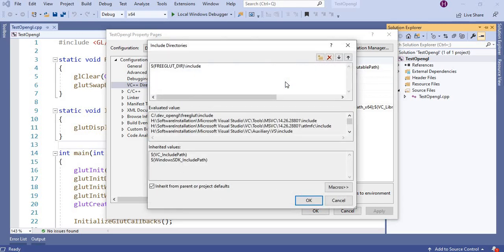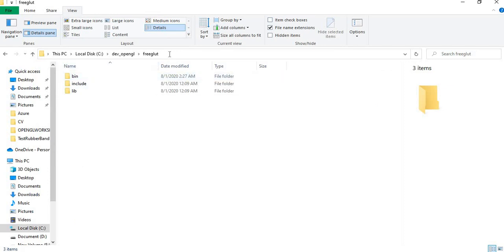So you have already added a variable in environment variable, freeglut dir. So $(FREEGLUT_DIR)/include, because I have given a path only till here. I have not given a path inside. I have added this value in system variable till here.